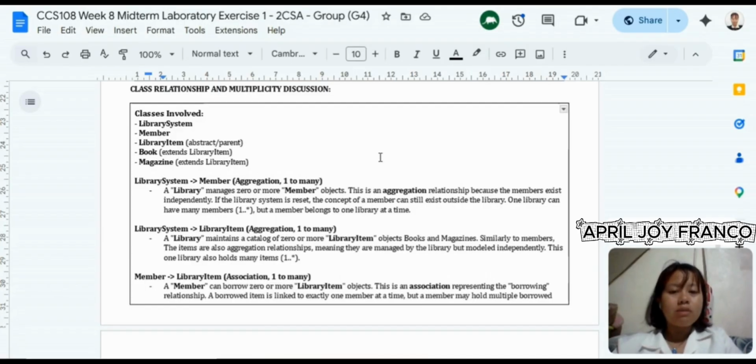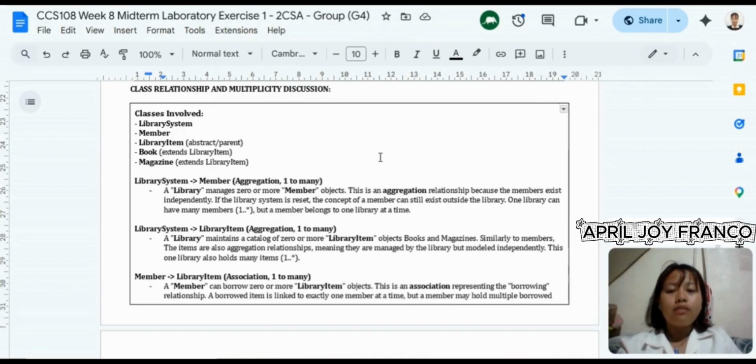This relationship is what powers the borrowing feature of our system. When a member borrows an item, the borrow item method sets the item status to borrowed and adds it to the member's list. When returned, the return item method sets it back to available and removes it from the list.